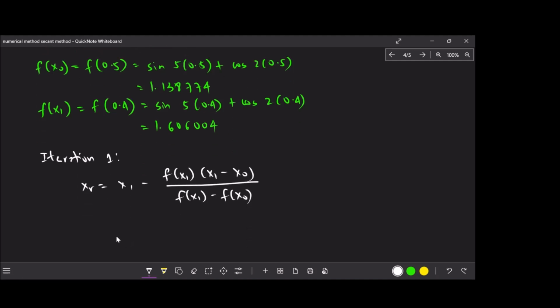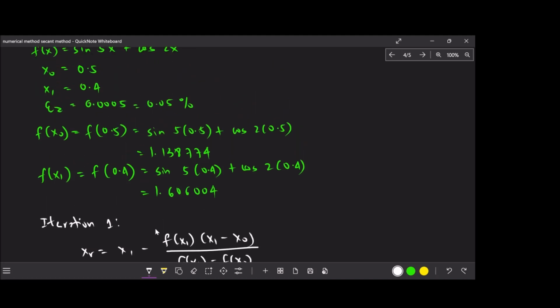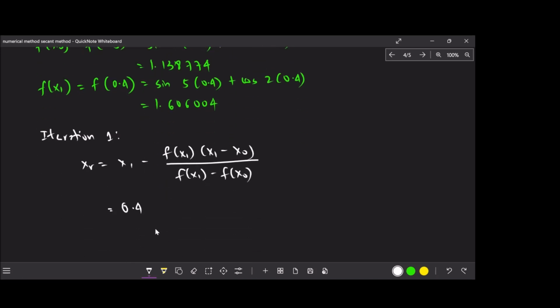Our x1 is equal to 0.4 from the given. Then we have minus f of x1, which is f of 0.4, and that will be equal to 1.606004. Then you have 0.4, and x0 is 0.5, all over